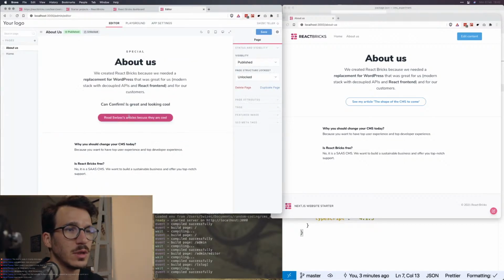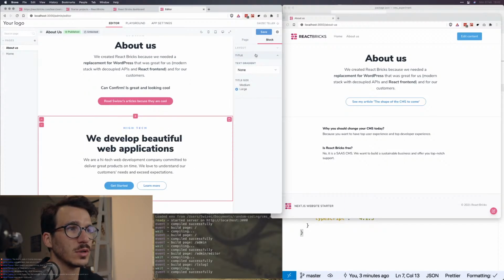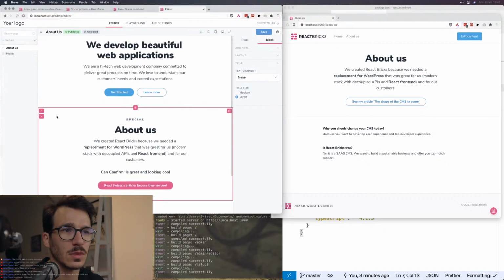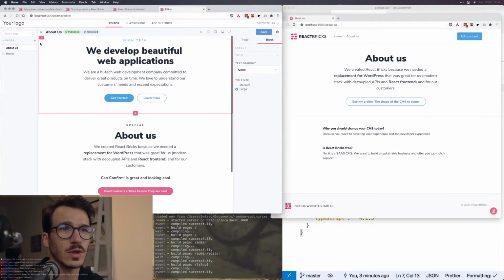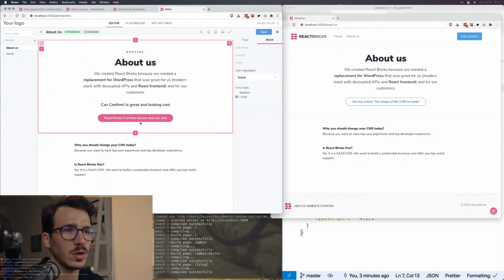Let me delete this and let's go here, plus, and then we can choose a hero unit. That's cool. And then we can also, can I change it? How do I change what this is? Oh, okay, so that reorders it. What else can I do? I think I do need to